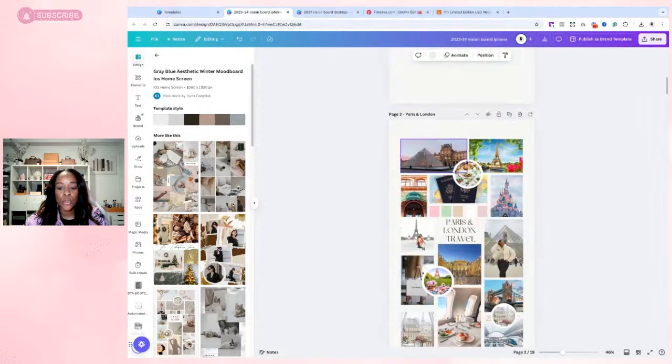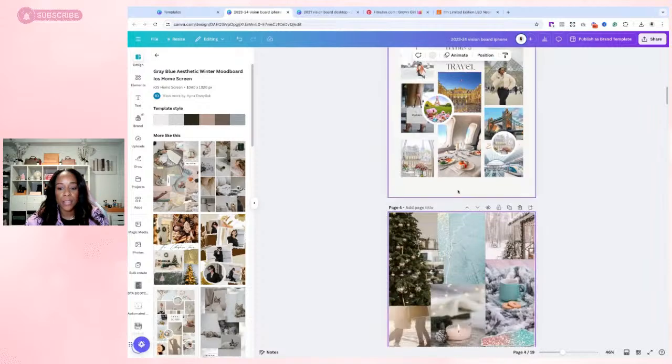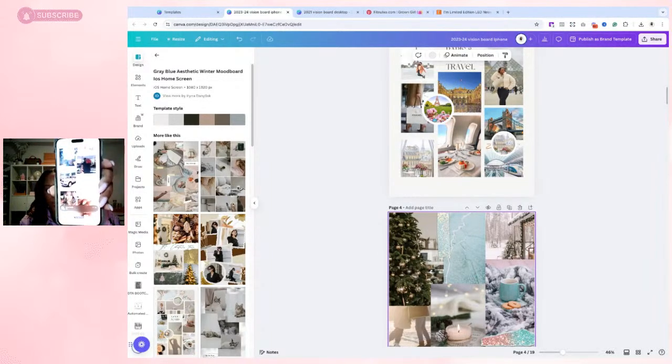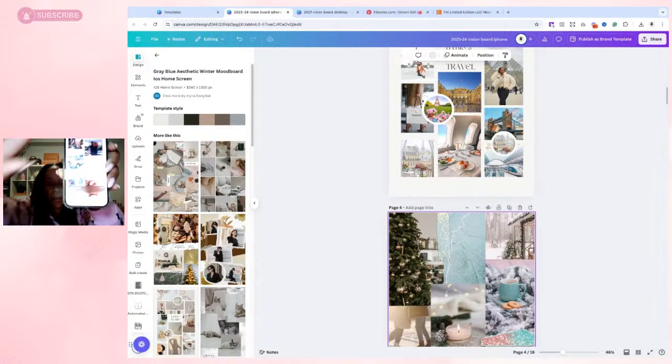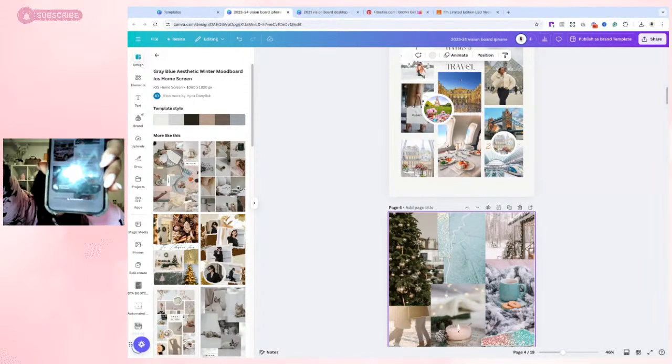Now, when you do it this way, I would highly recommend you do it under iPhone so that it's space on the top and space on the bottom. You don't want your vision board to take up the whole paper, because when you upload it to your phone, or if you have an Android, you type that in as well. You want it to, let me see if this will show up on the screen. You want it to fit in the frame. Okay.